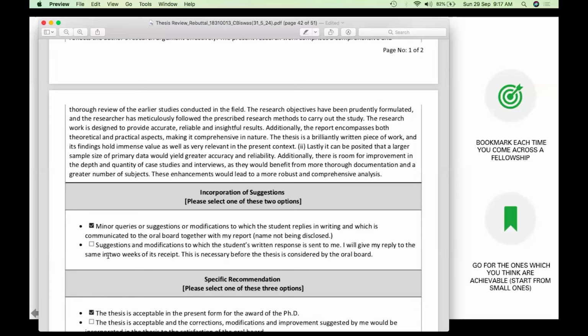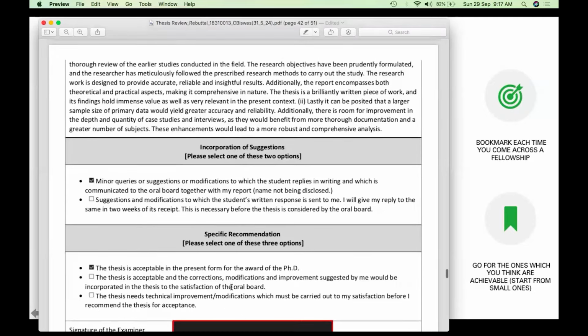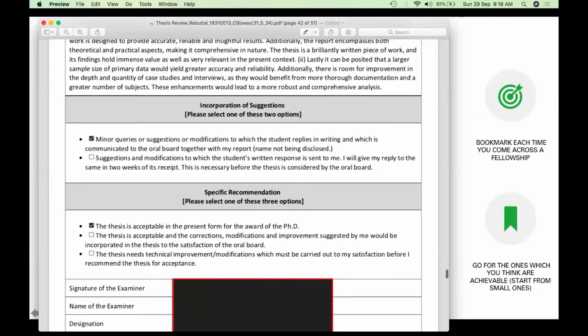But if you get checked for the next one, for example, then you have to respond to this particular reviewer, because that reviewer wasn't quite satisfied, right? And it is also okay if you get the second option, because you just have to satisfy this reviewer's ego or something like that. But make sure that you respond to every review properly, and then there are certain recommendations that the reviewer would